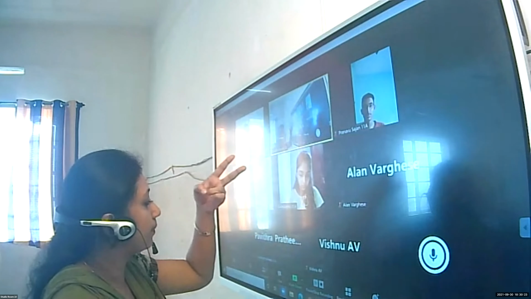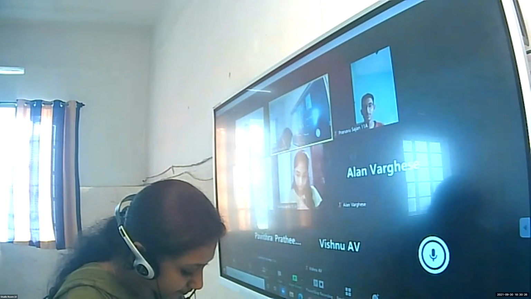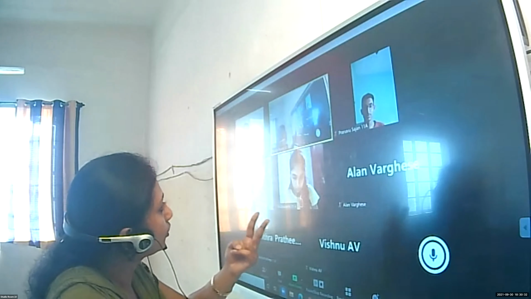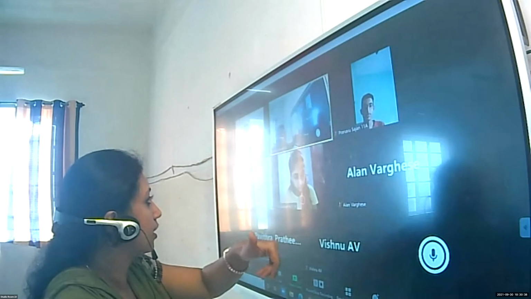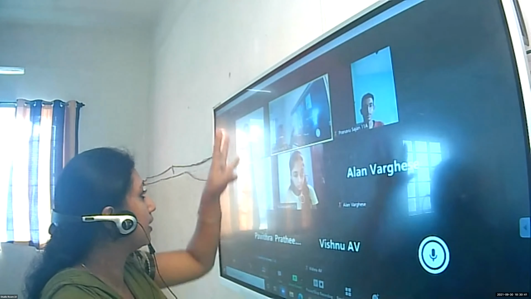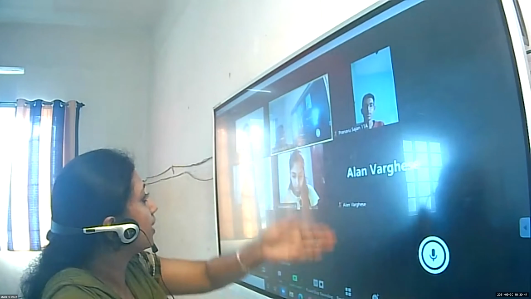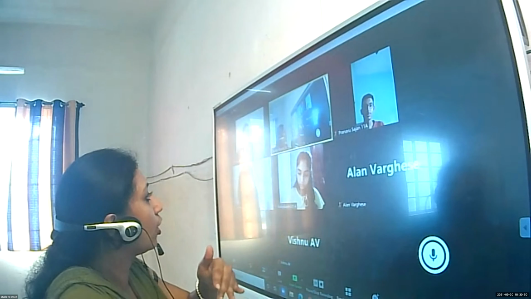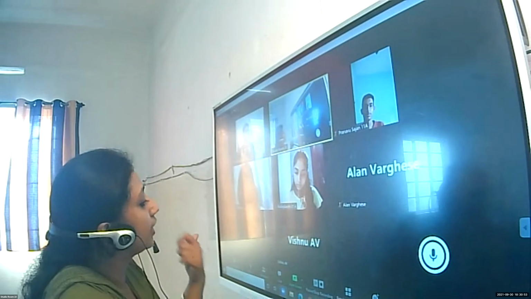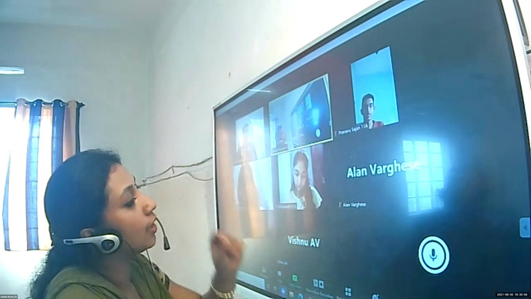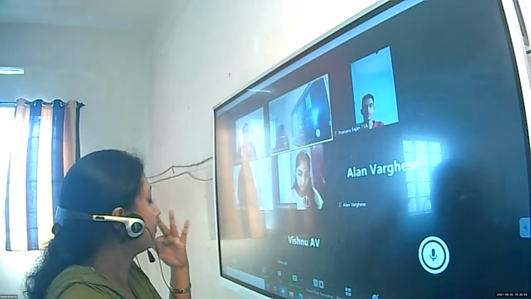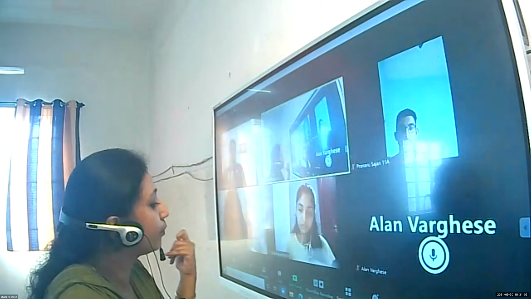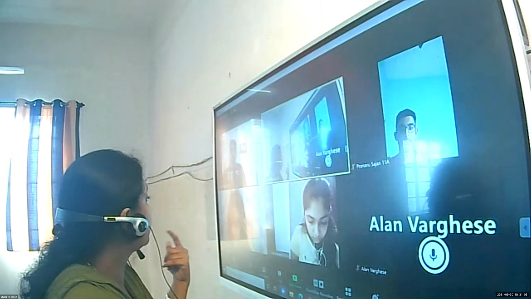What is the peculiarity of double column cash book, Rahul? Cash and bank. Two amount columns. We are providing two amount columns, one for cash, one for bank. So all the cash transaction amounts will be written in the cash column and bank transaction amounts will be written in the bank column. So based on the number of amount columns we classify the cash book. And there is one more, that is triple column cash book, where we have three amount columns. We don't have problems related to it, but it is important for you to know it.